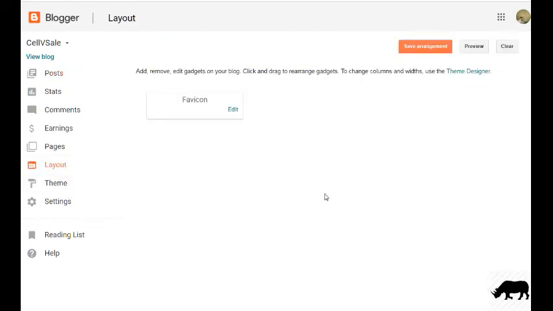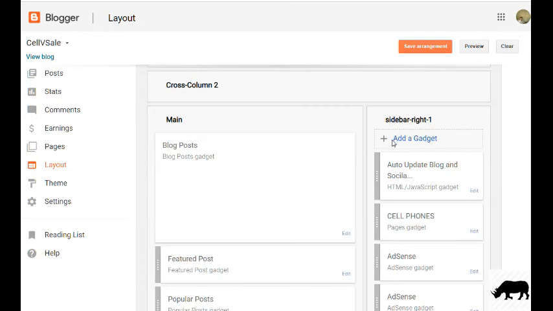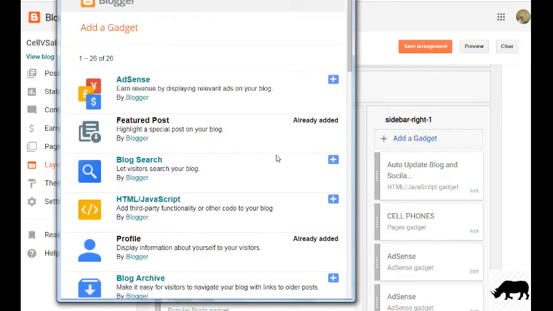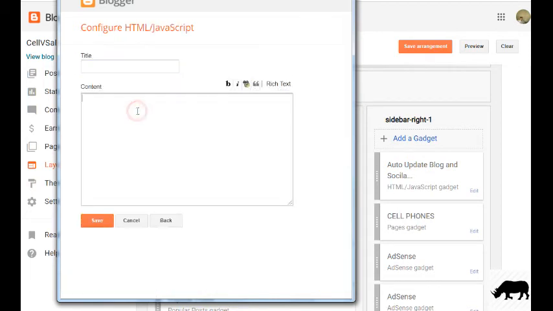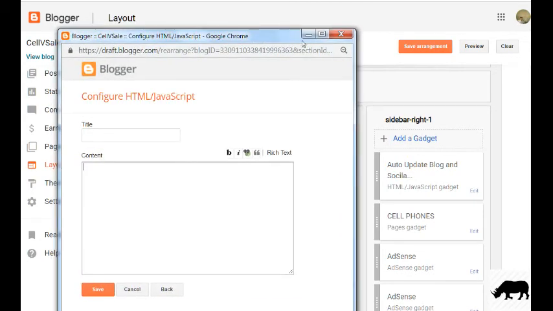You go to your blogger, you go to your layout like this, you add a gadget, and from here you select HTML JavaScript like this, and you post the code that you made for your content gadgets here.